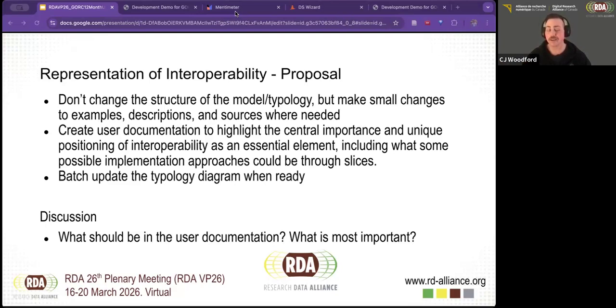So no, those are good points. And I think that is an excellent point in terms of the user documentation of where does the GORC model end and other resources begin. We may or may not recommend certain resources. We might have examples of resources in the model, which is something that already exists. But where does that start? What does that kind of begin and end? I think that's an excellent point.